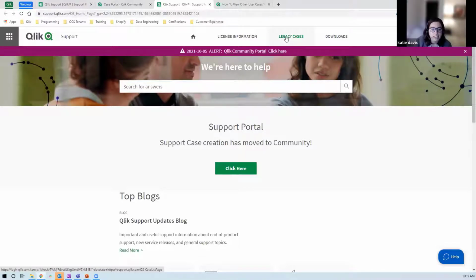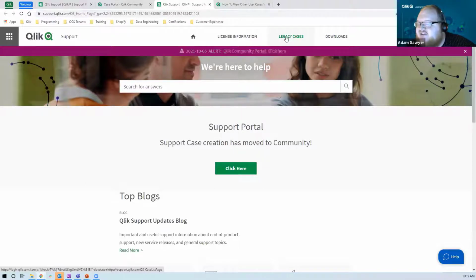I'm already logged in. Why does it take me to log in when I click on the Legacy Cases tab? That's a great question. Even though Qlik has adopted single sign-on, those cookies aren't necessarily the same. It's kind of a technical answer. What that means is you may only have one login, but the login may not be shared between the old portal and the new. We can look at this as an improvement request just to make it a little bit easier on people, but you will need to log in again. Great question. Awesome, thank you.